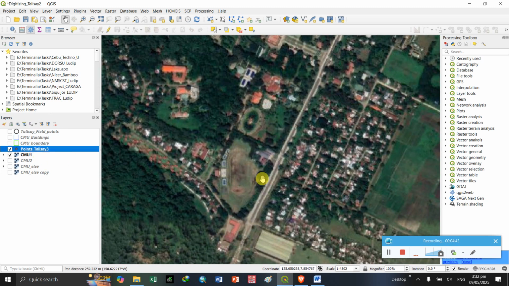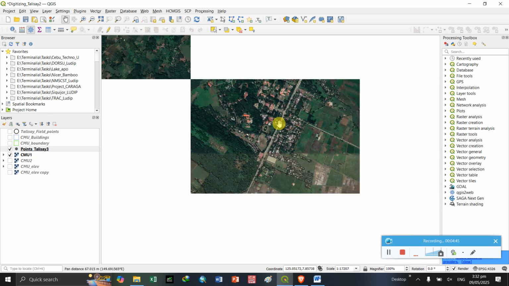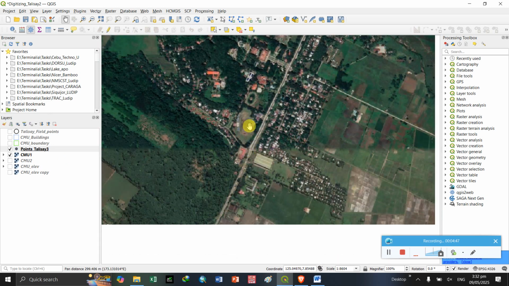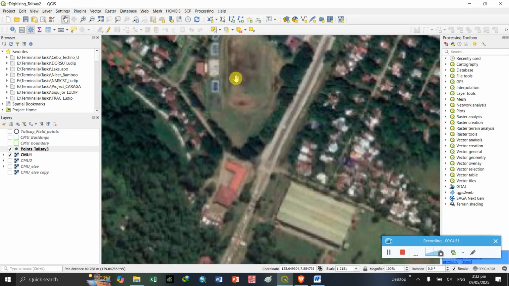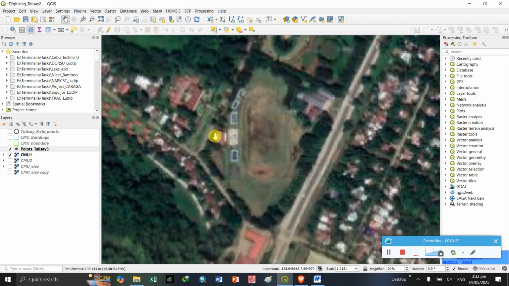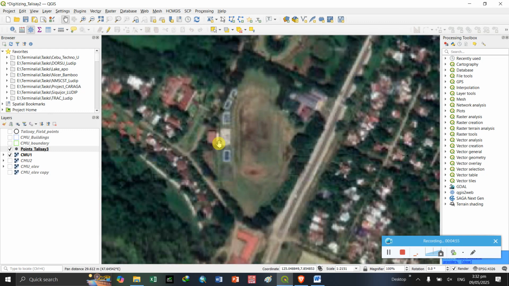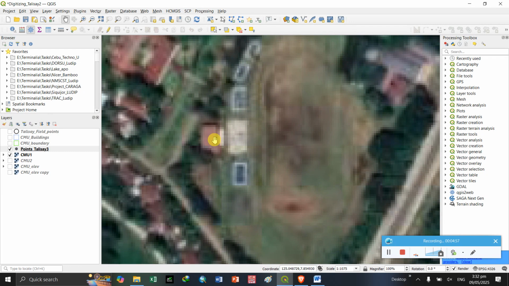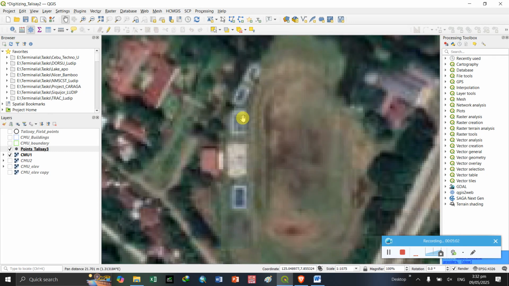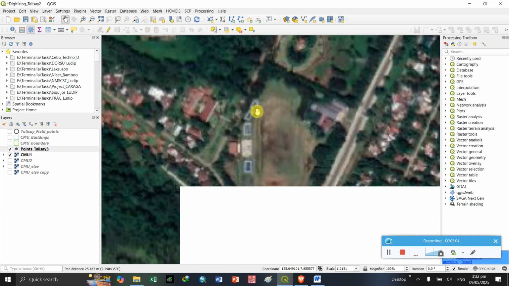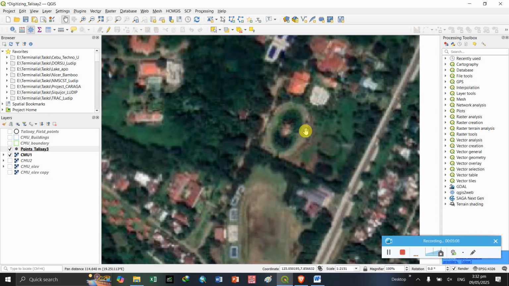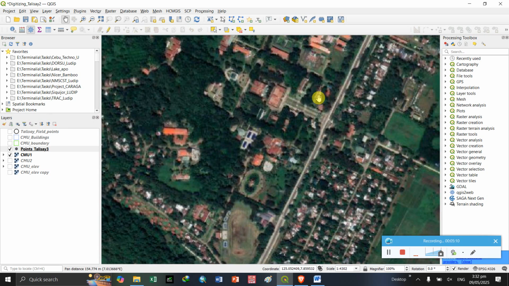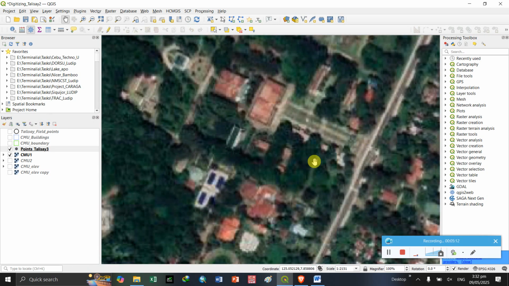To represent what features are on the satellite image, we need to identify them first. So I need to have a representation of the grandstand. I believe this is the grandstand, basketball court, the volleyball court, takraw court, and maybe this is the Cattleya, and then Fulbright, your admin building, and main gate.